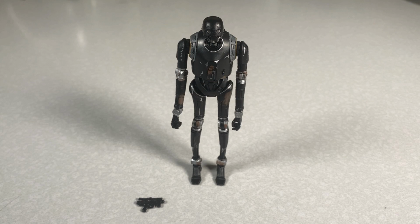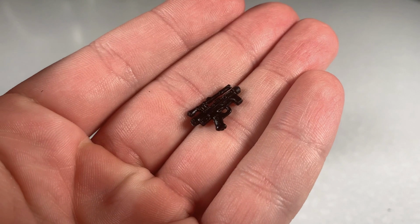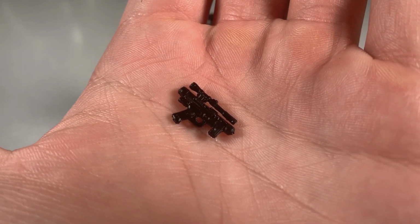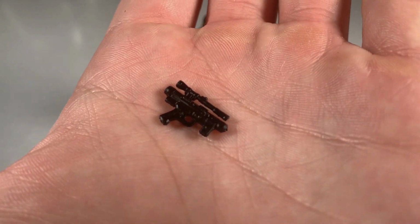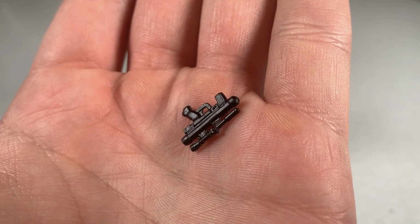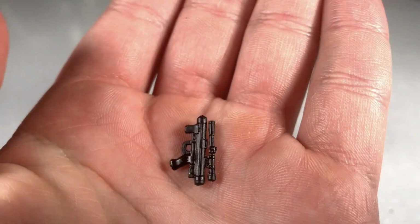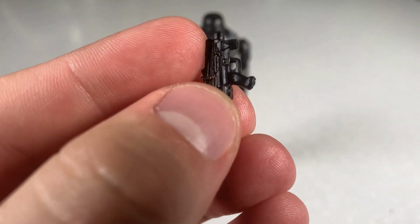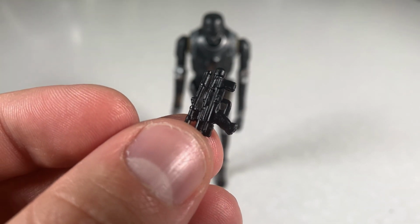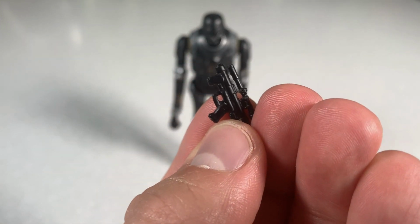Alright, well let's go ahead and start with K2's weapon here. This is the blaster that was given to him by K-2SO in Rogue One, reluctantly, given her mistrust. But anyway, the blaster looks pretty good. I mean, it straight up looks like it did from the film. I think that for the size of this weapon, I'm pretty impressed with the overall sculpt of it. It has a really good resemblance of the actual blaster that Jyn used, and subsequently he used. Good job, Hasbro. Okay, so let's go ahead and put this blaster down and move on to the main event,